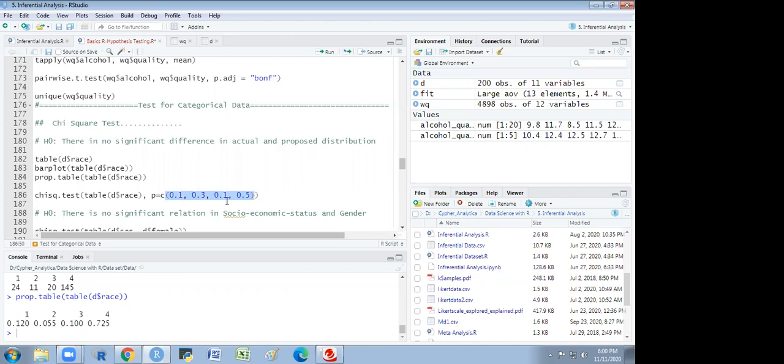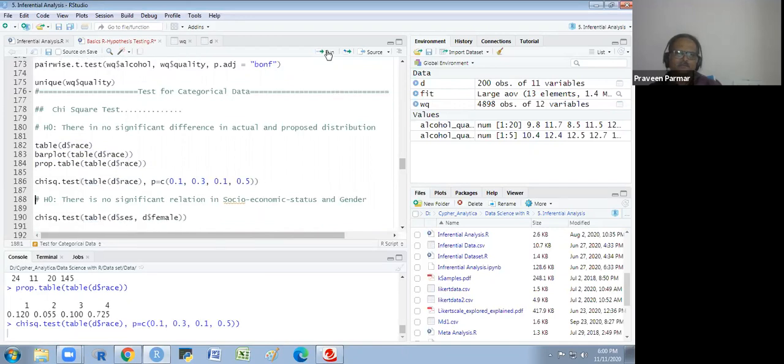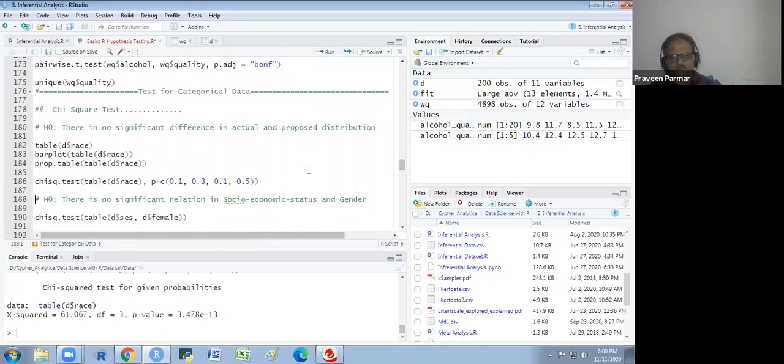So we are comparing these two. So here in the chi-square, we don't have to write the prop.table. We have to write just the table. The table I have shown you. This table d$race and the proposed distribution, what is given to us, is a probability p. Got it? And we compare it. I run it. So this test is called the goodness of fit. How our actual distribution is fitting in the proposed distribution. How it is fitted over there. Got it? So it is called the goodness of fit. Understand? So we are getting the p value very near to 0, negligible.